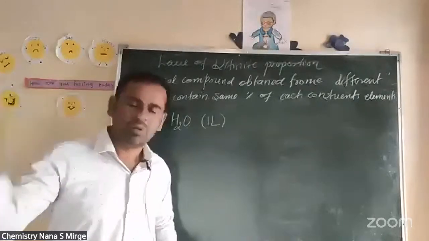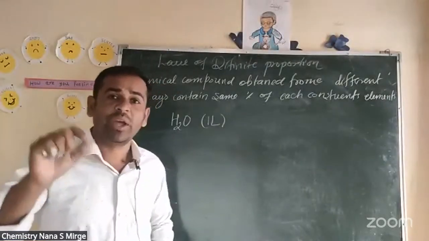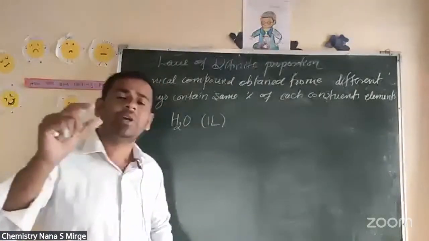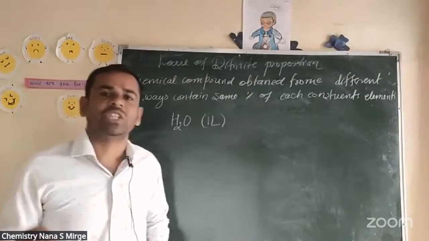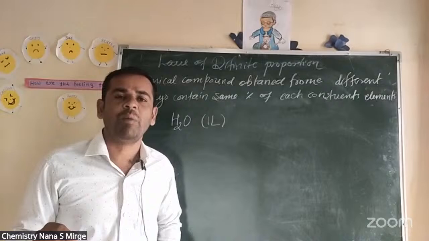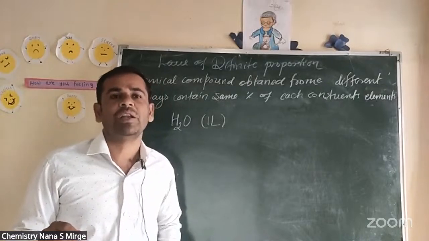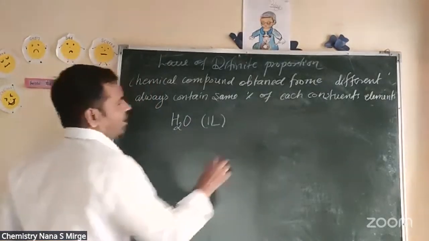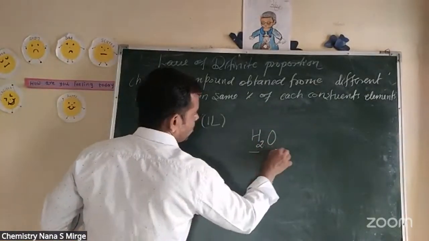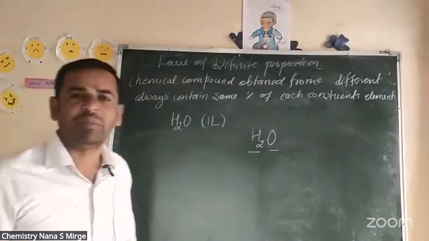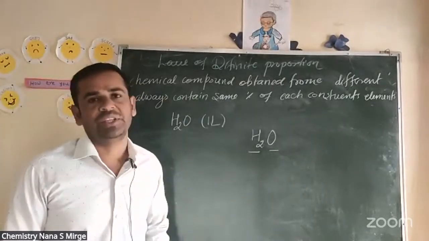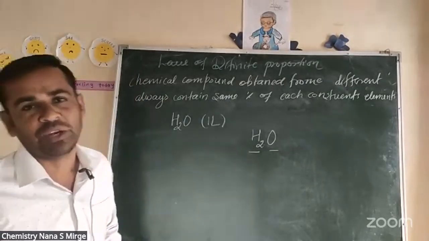आएगा 1 लीटर, डोंट वरी अबाउट दैट, लेकिन 1 लीटर वाटर। सो एवरी वाटर का सैंपल आप कहीं से भी लाओ, उसका जो केमिकल कंपोजिशन है विच डज नॉट चेंज, वो कभी भी चेंज नहीं होगा। इसका मतलब क्या है कि आप कहीं से भी सैंपल लाओ, आपका जो एलिमेंटल कंपोजिशन है वाटर का, मतलब 2 हाइड्रोजन और 1 ऑक्सीजन, दैट कंपोजिशन नेवर बी चेंज, वो कभी चेंज नहीं होगा। दैट इज द लॉ ऑफ डेफिनाइट प्रोपोर्शन।